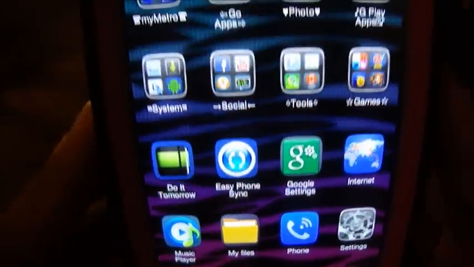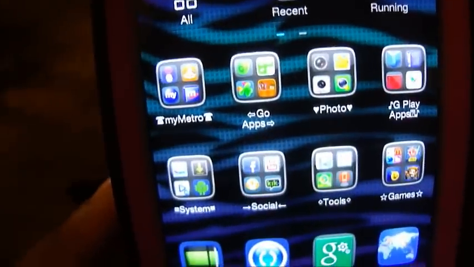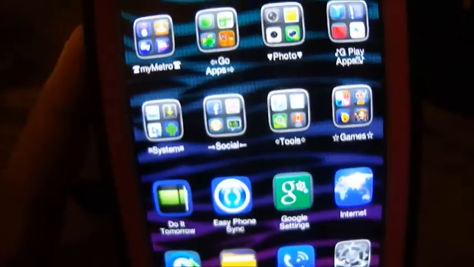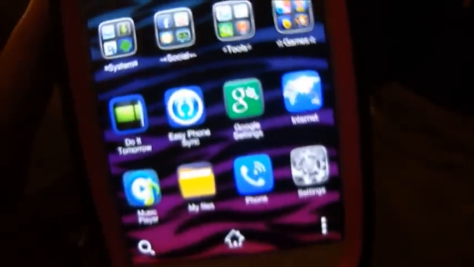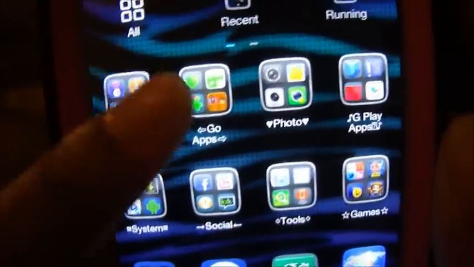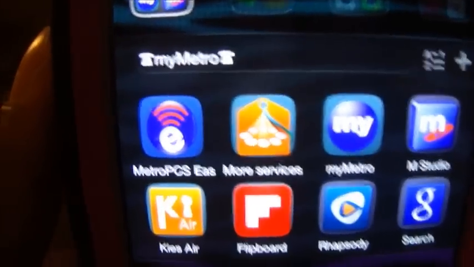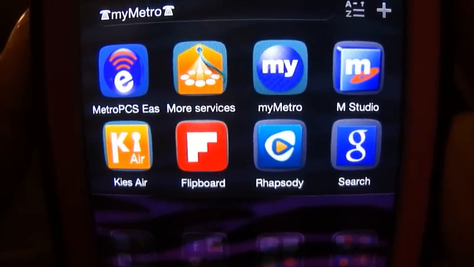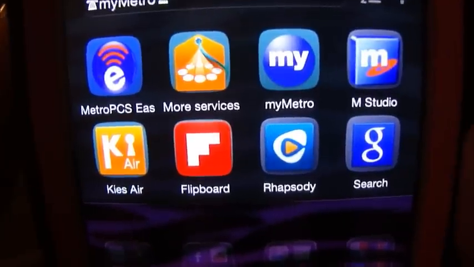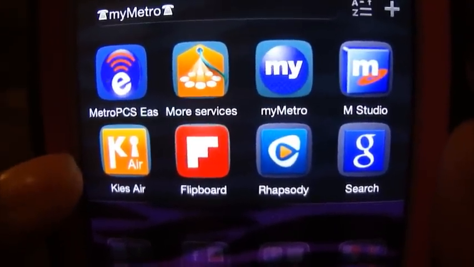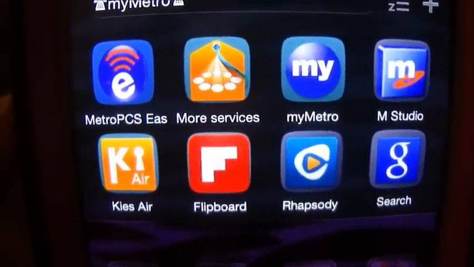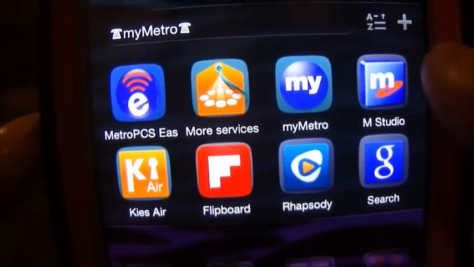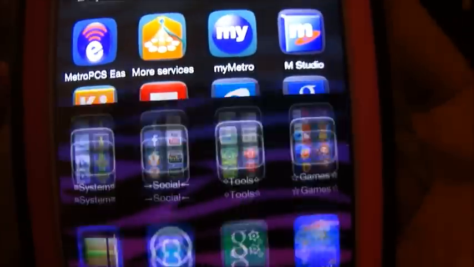And in my app drawer, I have these folders here. And in this first one, I have my Metro. In here, it's pretty much my stuff from my account: my Metro, Flipboard, Kai's, which is a Samsung thing, Rhapsody, Google Search, Metro Studio, and more services.